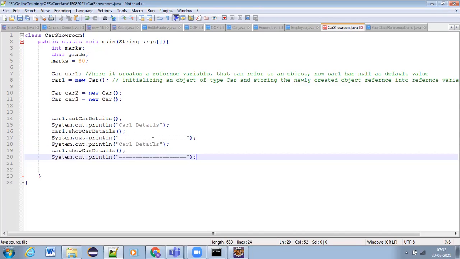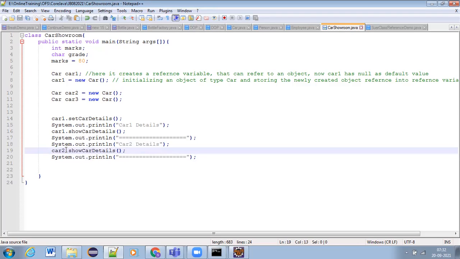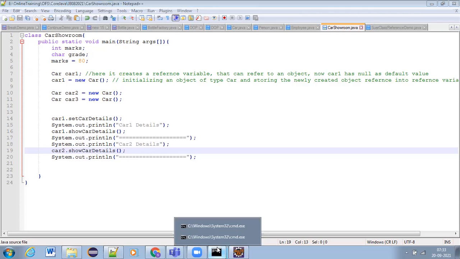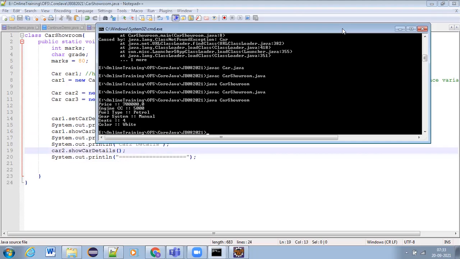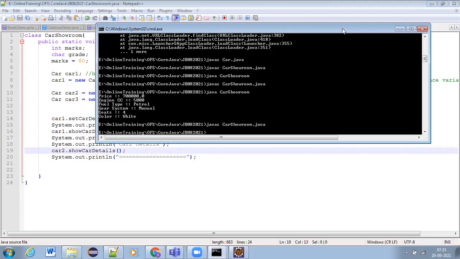But instead of car1, car2 dot show car details. Right, now if I compile and run, what happens? You observe. Shishir, Raghu, getting the point, right?